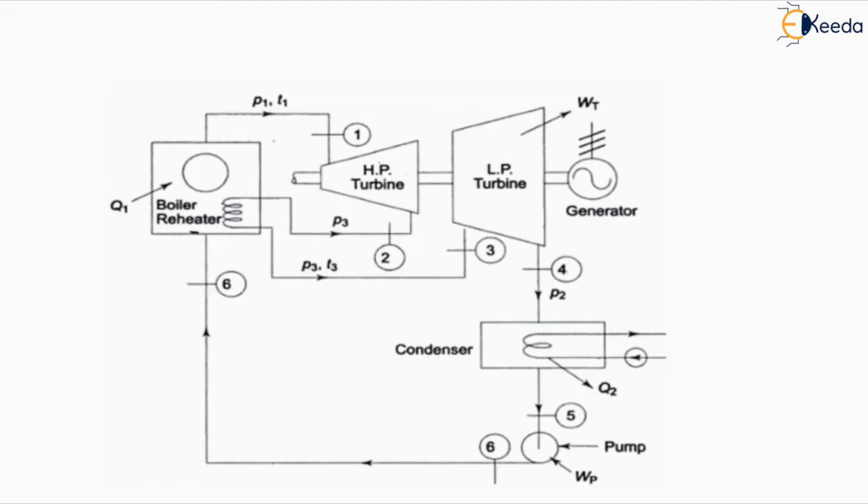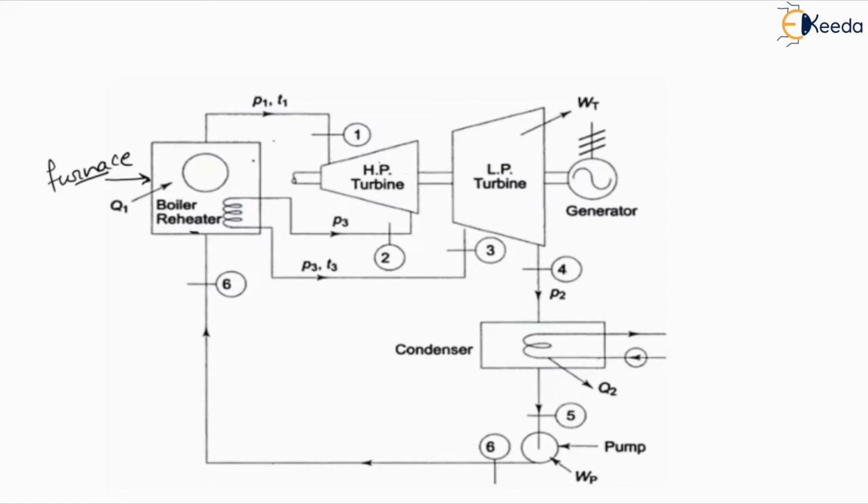So the first section is what? Our first section is the boiler. The boiler will get heat from an external source called the furnace. So heat will come into the boiler from the furnace. In this boiler, the water will boil and convert into steam, and the steam will be at higher pressure and higher temperature. In the boiler section, we usually supply heat where the pressure is always constant, but at the higher side. So the steam will be at higher pressure and higher temperature.